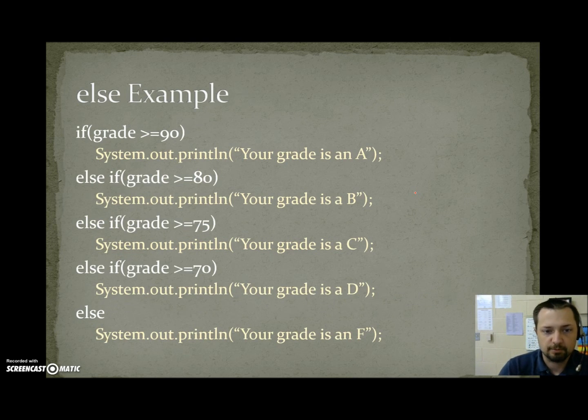So we're going to look at that same example. And here we're going to say grade equals 50. So, is 50 bigger than 90? No. So we have to check the next thing. Is 50 bigger than 80? No. So we have to check the next thing. Is 50 bigger than or equal to 75? No. Is 50 bigger than or equal to 70? No. So under all other circumstances, if we have not found anything to be true yet, we will do the else. And our output is